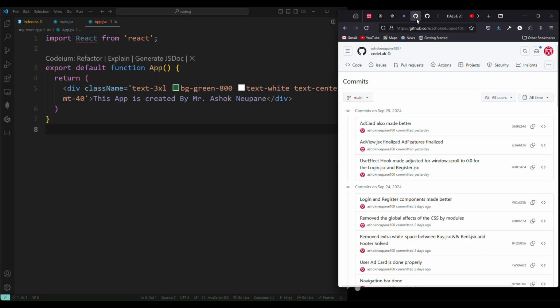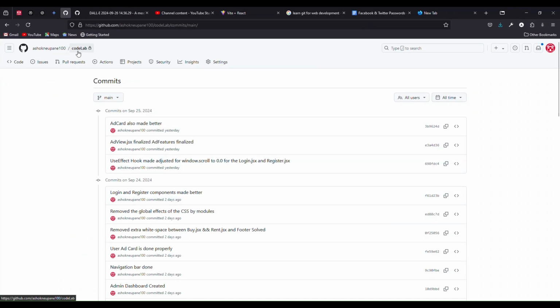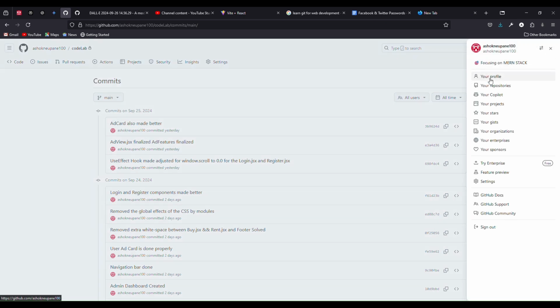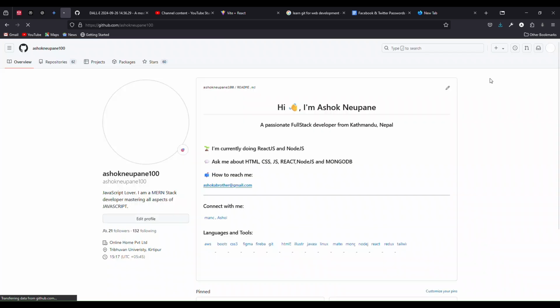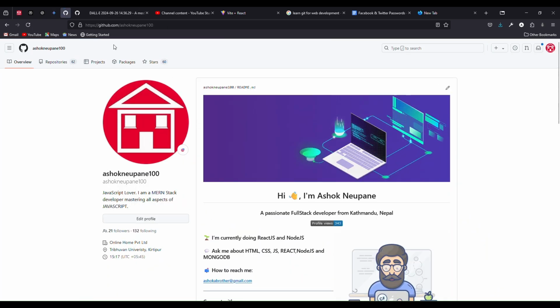You can see what Git looks like, and you can see GitHub. Here you have your profile name. It's just like social media for web developers and IT professionals.